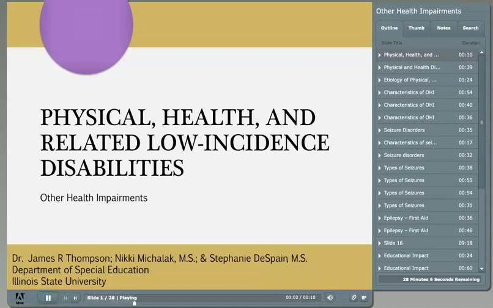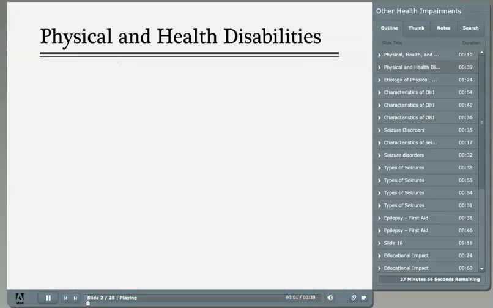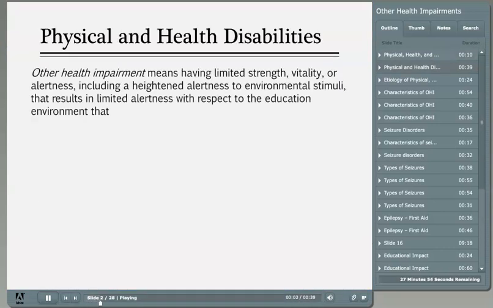The second lesson in this learning module on physical health and related low-incidence disabilities will cover other health impairments. Other health impairments means having limited strength, vitality, or alertness, including a heightened alertness to environmental stimuli that results in